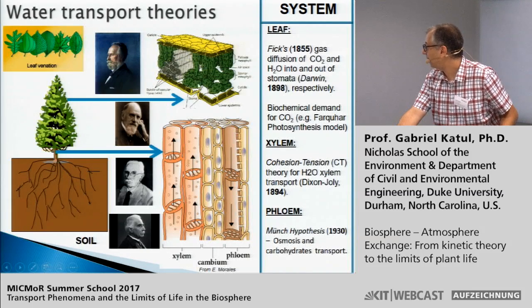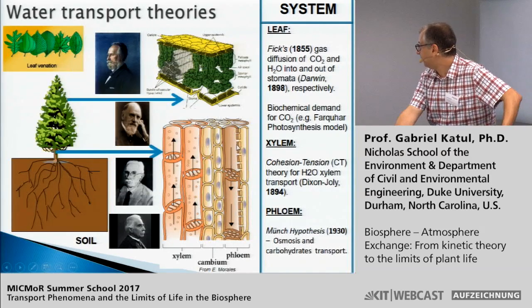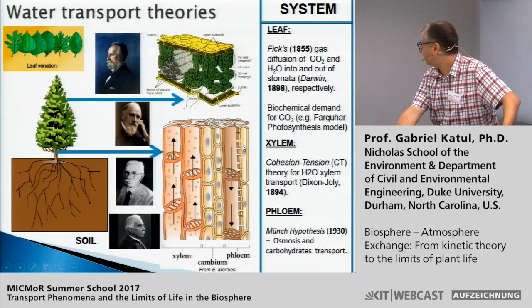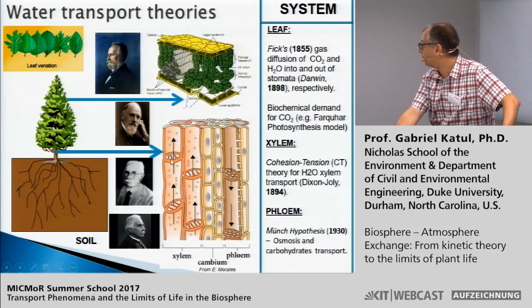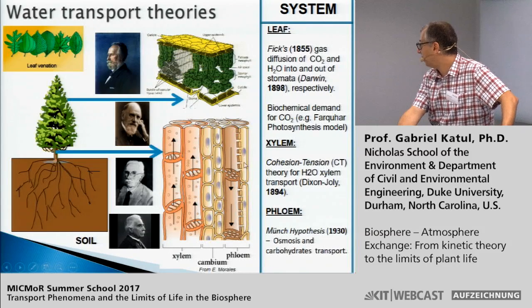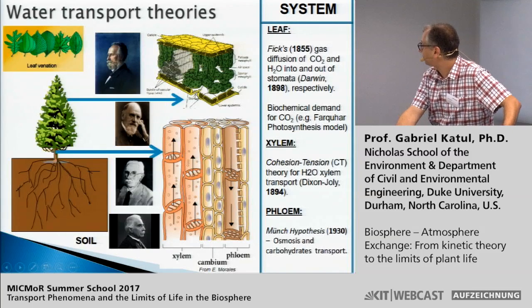But ultimately what happens is that the products of photosynthesis, primarily carbohydrates and sugars, are then pushed back down to where they are needed, basically to cover the sinks, to grow biomass, etc. And in each one of those compartments, the leaf, the xylem, and the phloem, we have a set of governing equations that describe water movement or sugar movement or the coupling between water vapor and CO2. And these ideas are by no means new.